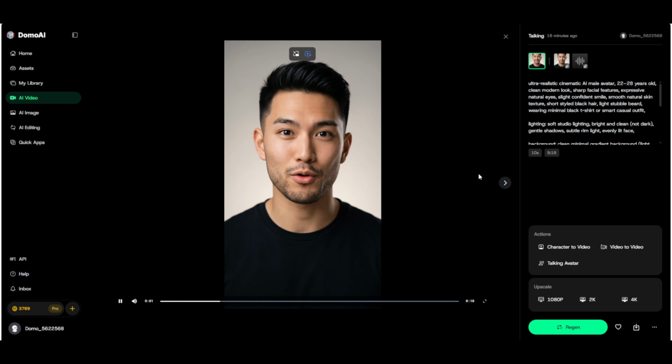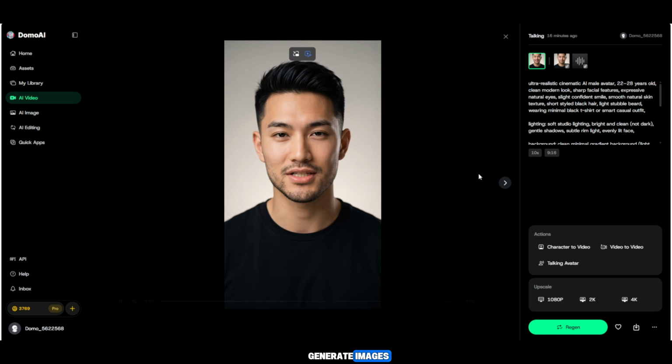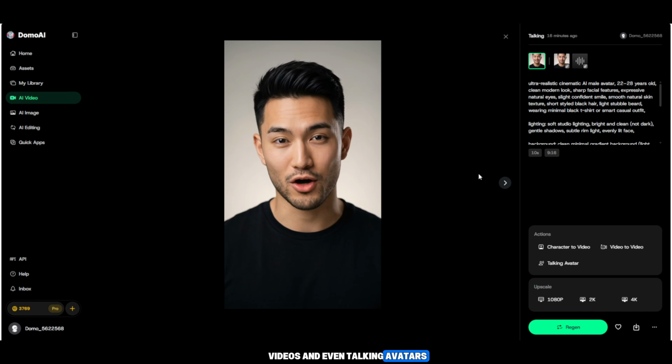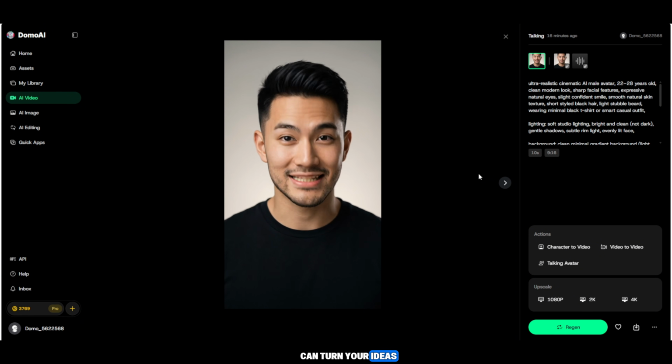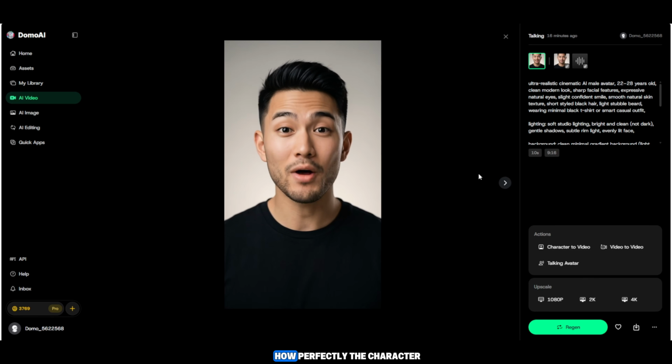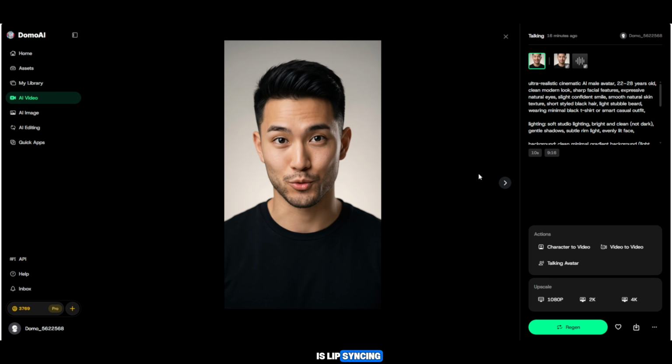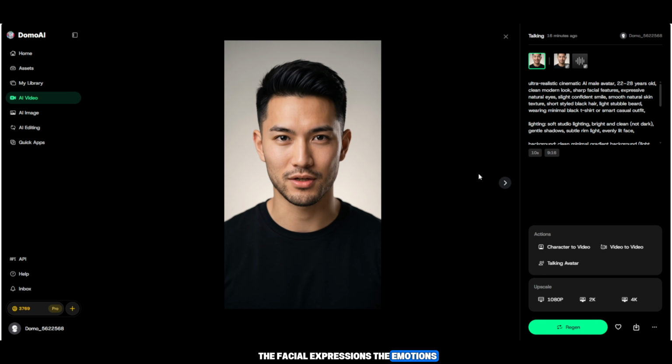DomoAI is a very powerful AI tool that can generate images, videos, and even talking avatars just like me. You can turn your ideas into content in